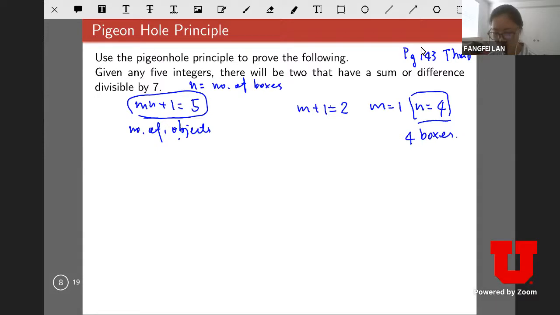So it says that there will be 2 that have a sum or difference divisible by 7. So this is the key part. It says divisible by 7. So what are the different types of cases when you divide a number by 7? What can we get? You can get different